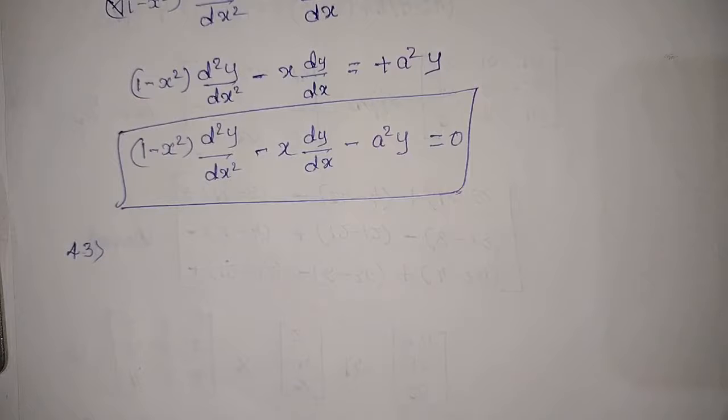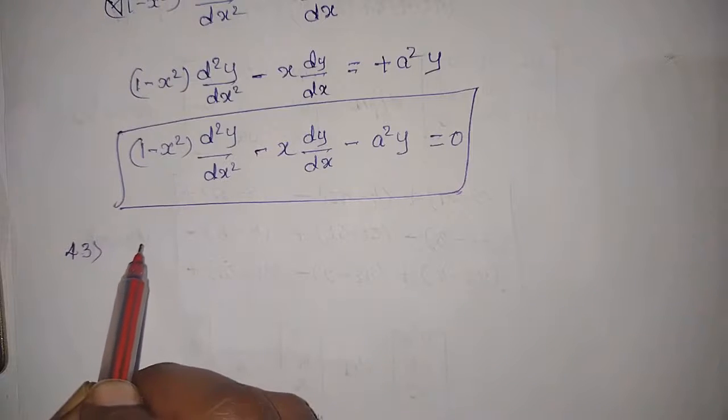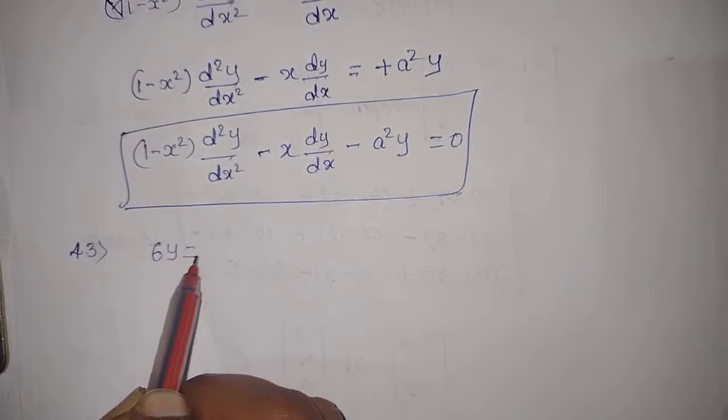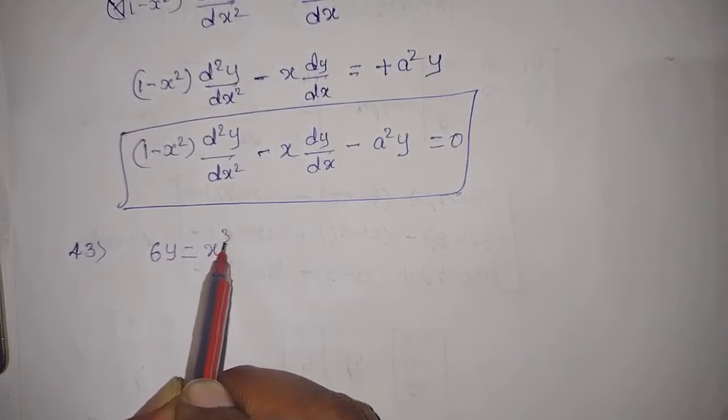So what is question number 43? A particle moves along the curve 6y is equal to x cube plus 2. Find the points on the curve at which the y coordinate is changing 8 times as fast as the x coordinate. Here the solution is, first we have to consider the curve. A particle moves along the curve means the equation of the curve is 6y is equal to x cube plus 2,